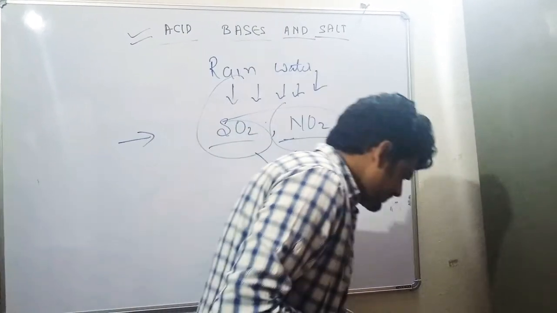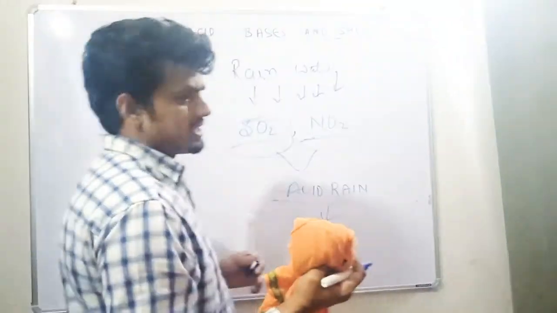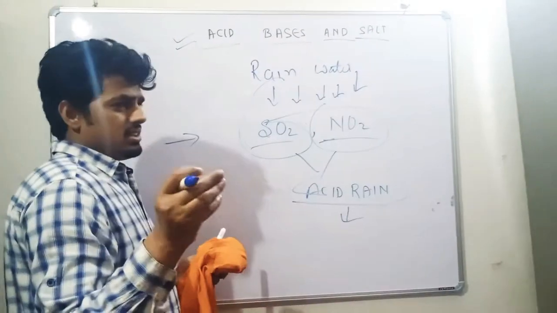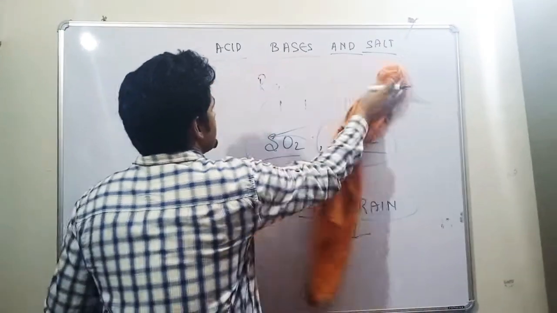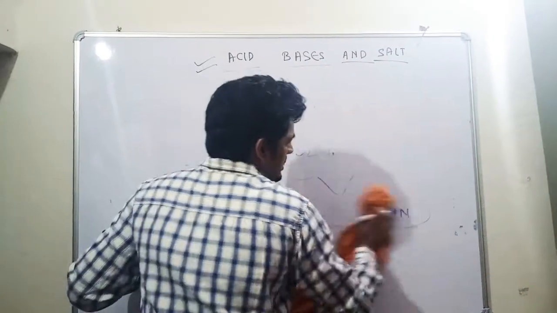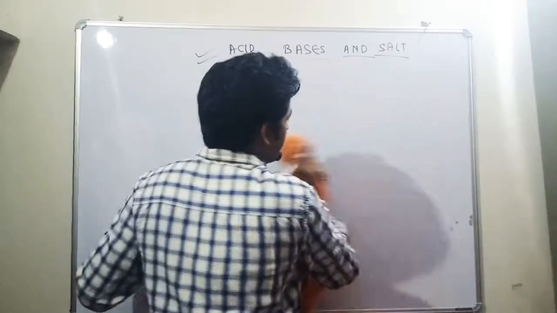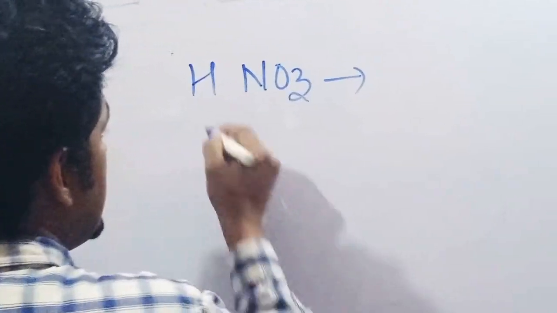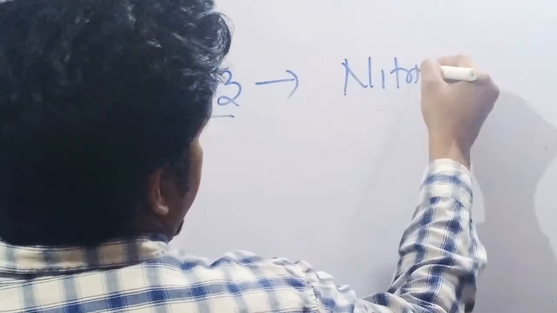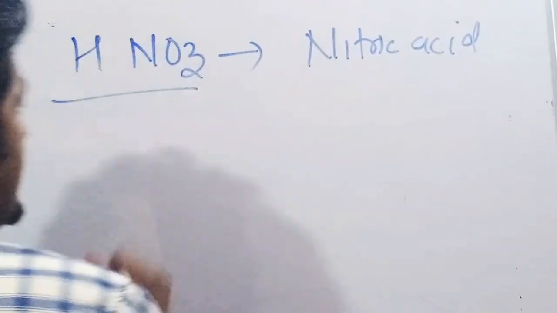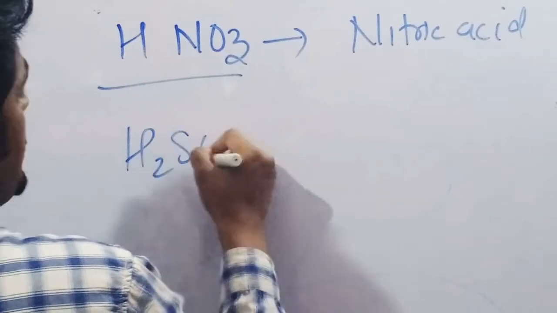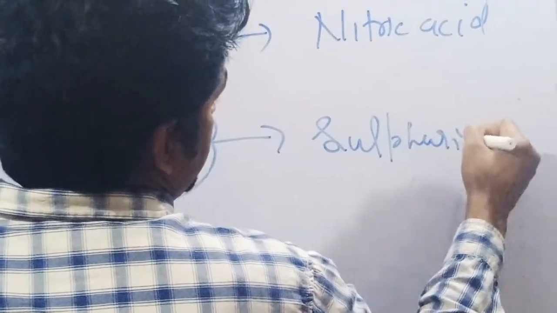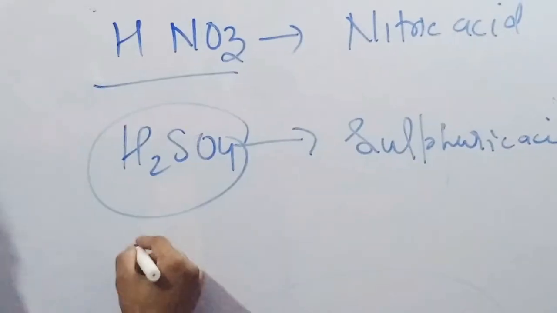There are some acids which are very beneficial for us, and there are some acids which are very harmful for us. We will discuss some of the acids. We mostly deal with three kinds of acid. Three acids, that is HNO3, the name is nitric acid. H2SO4, sulfuric acid. HCl,